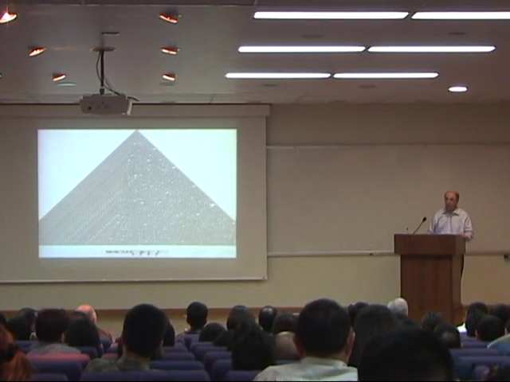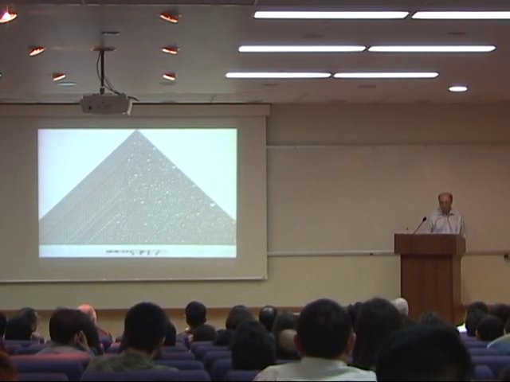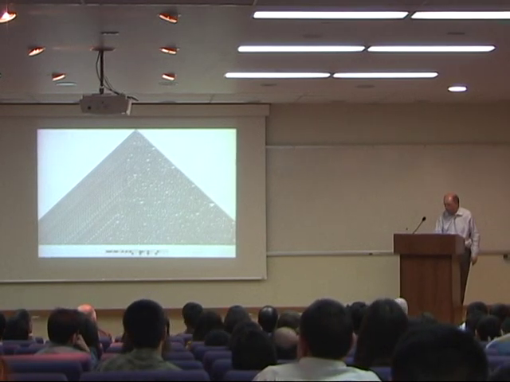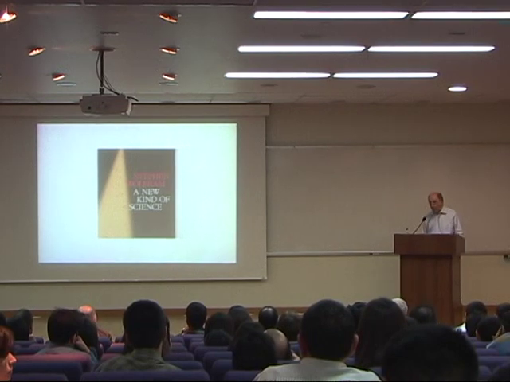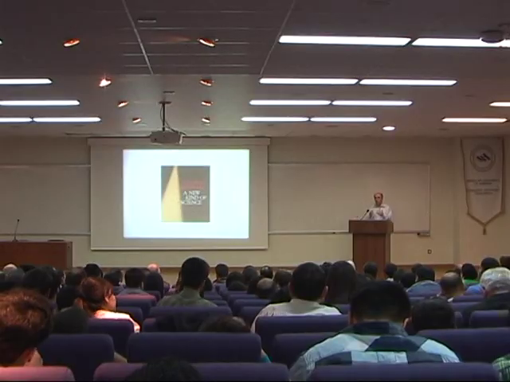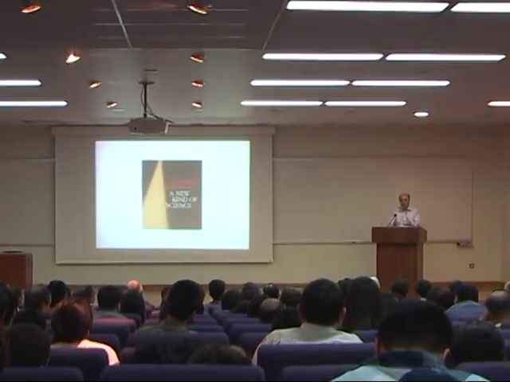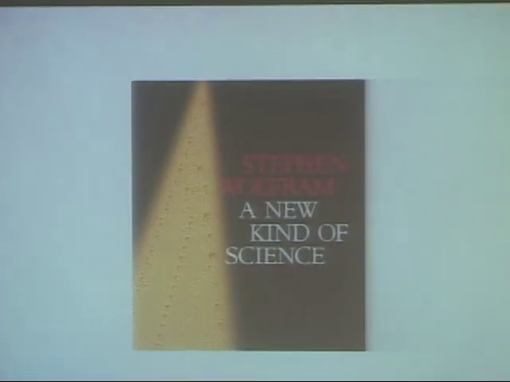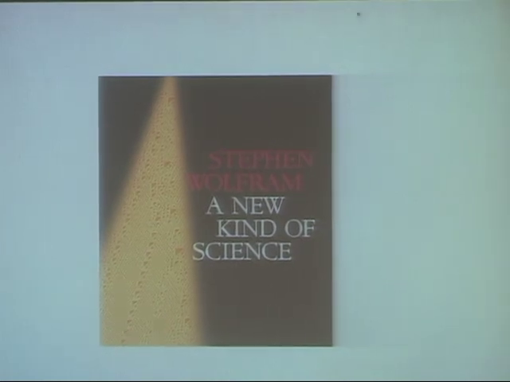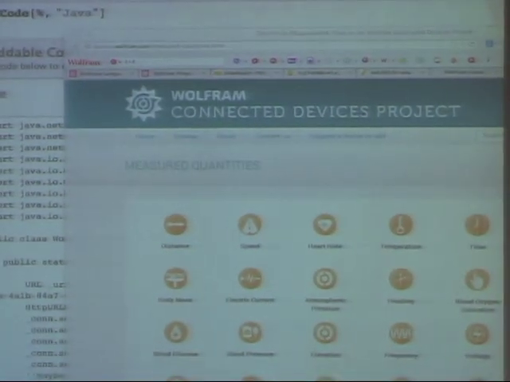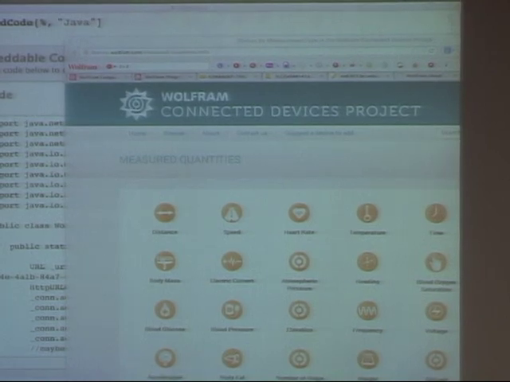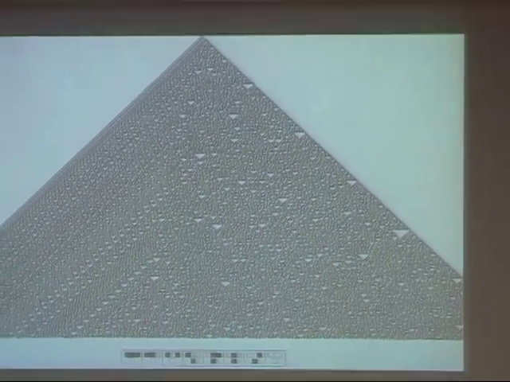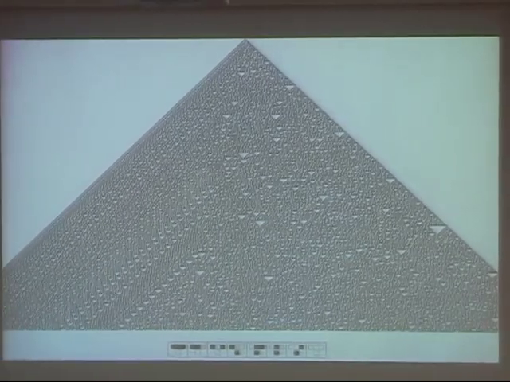So one thing I might mention. I spent many years doing this kind of basic science, and I wrote this big book about that science. You know, we should solve the general problem of artificial intelligence, and we could reproduce something that's like the brain. Well, when I started working on this sort of basic science, I realized that actually there isn't something very special about what happens in the brain. It's just a computation like all these other kinds of computations.